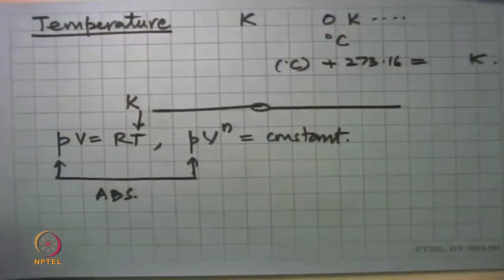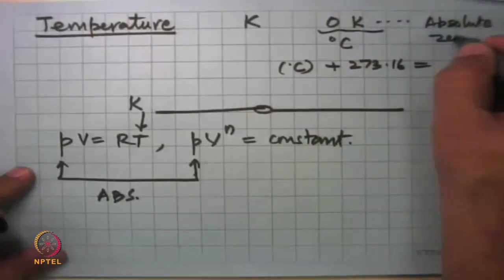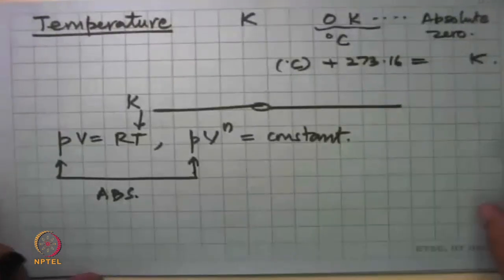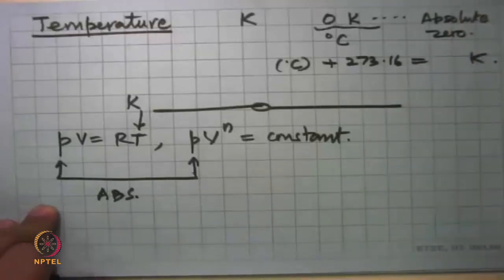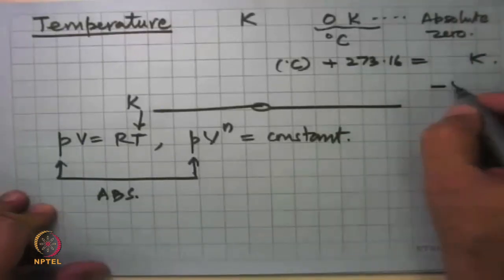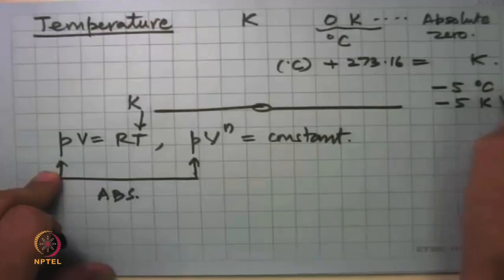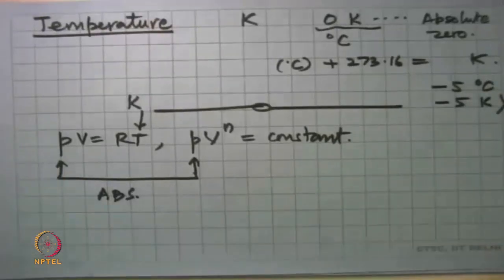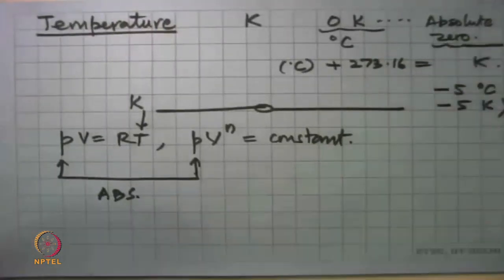Okay, so let's now take some questions. The question here is, what does absolute zero reference for temperature scale mean? When we say that the temperature is 0 Kelvin, this is what we call absolute zero. And it means there can be no temperature less than this. This is the lowest possible temperature. Minus 5 degrees Celsius is possible. Minus 5 Kelvin, not possible.